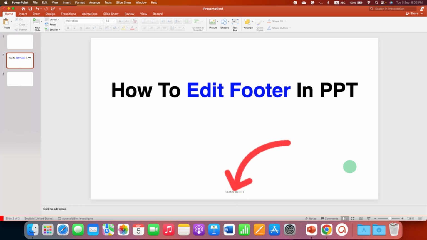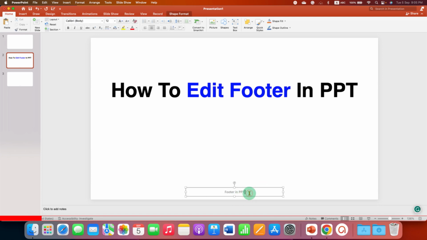In this video you will see how to edit footer in PPT. In PowerPoint you can edit the footer by clicking on the footer and then type what you want. However, the change made in the footer will be applicable to only that slide. If you want to change the footer on all the slides in PowerPoint, then you need to click here on